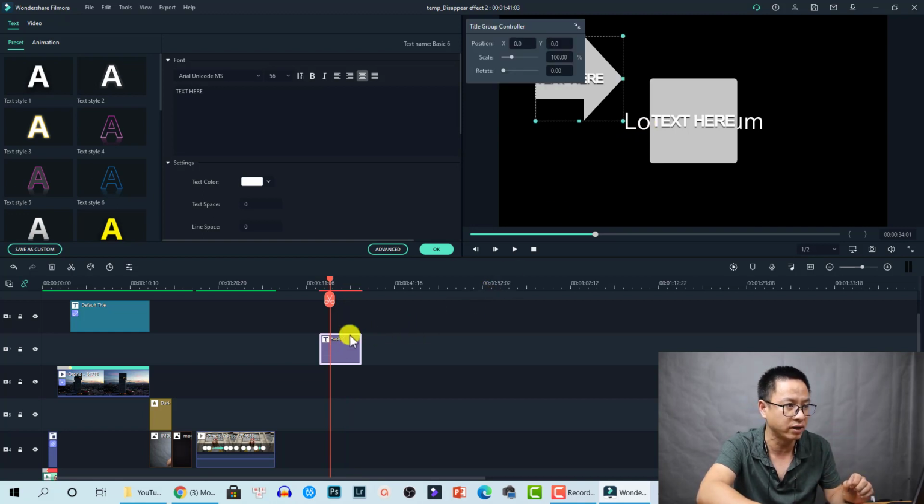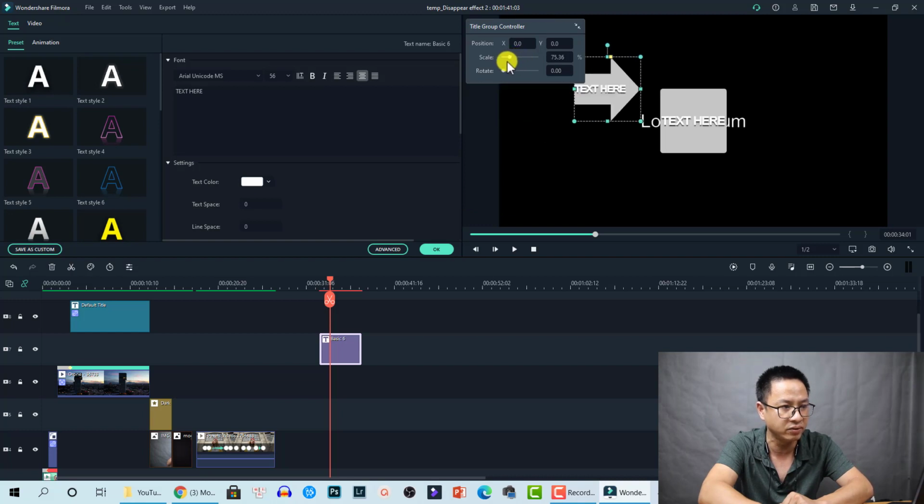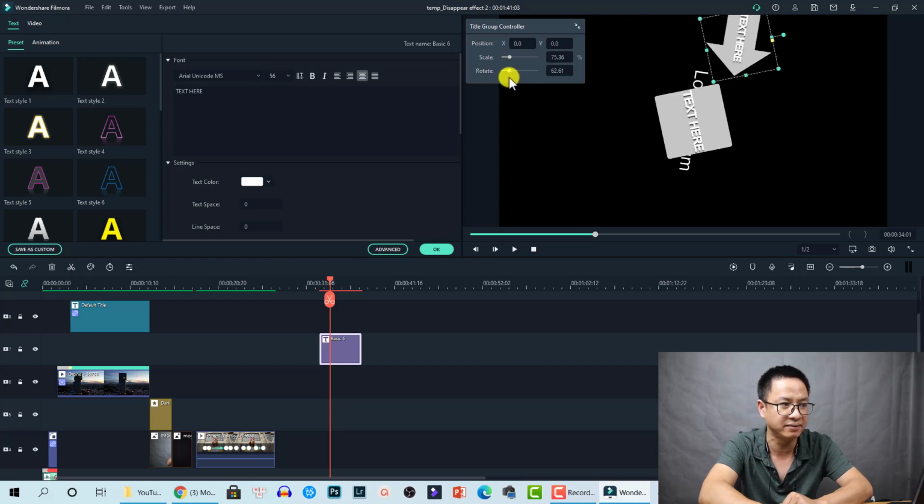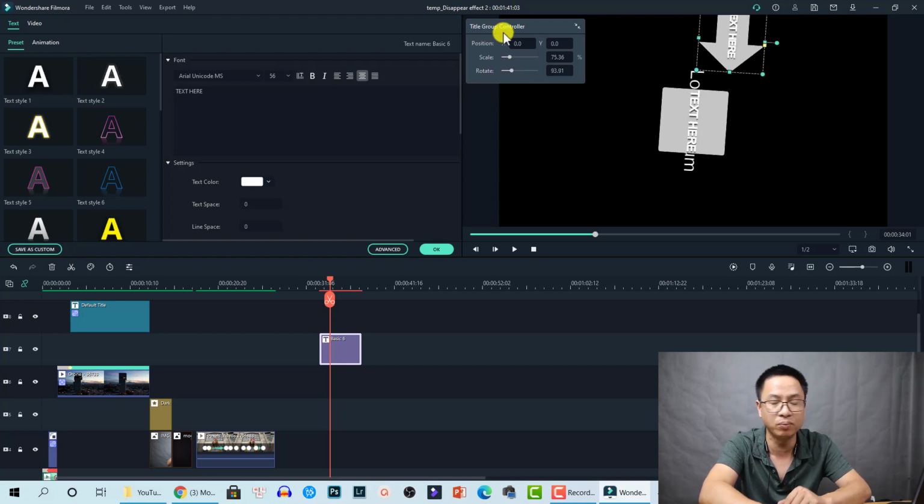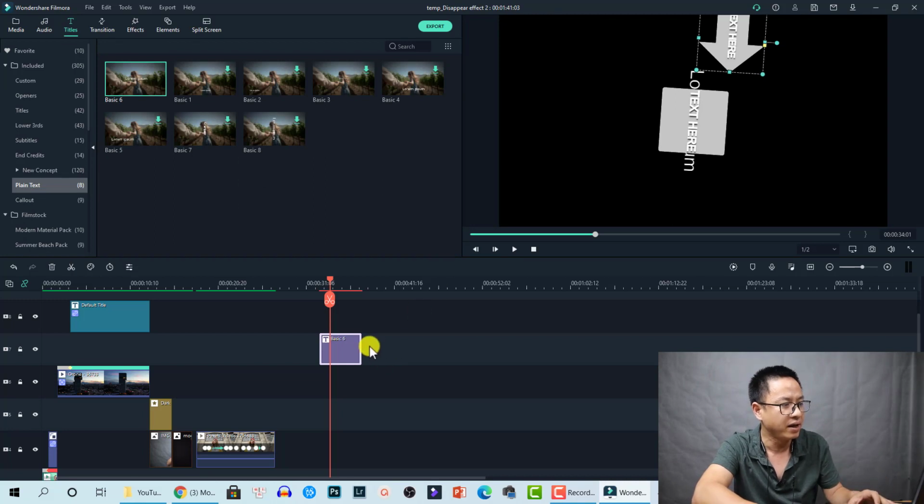And when we double click on this, we can control the scale of all the group here, right? You see that? And also we can rotate the group like this. So this is a title group controller. This is new in Filmora 10. So I think it's good because normally when we add a text title onto the timeline and we click on the preview window, it doesn't work, and we cannot rotate it, and we cannot resize it, so it's terrible. But now it's better, okay, and I highly appreciate this feature. And then we click OK, and now